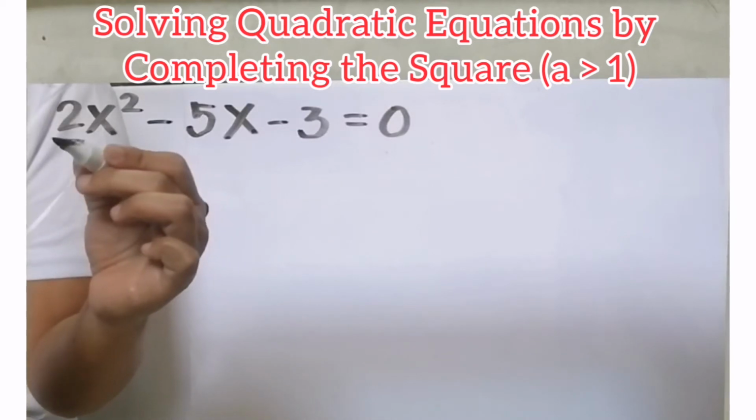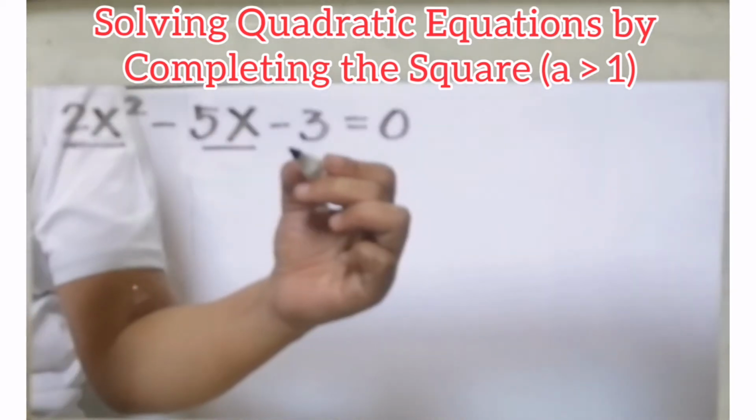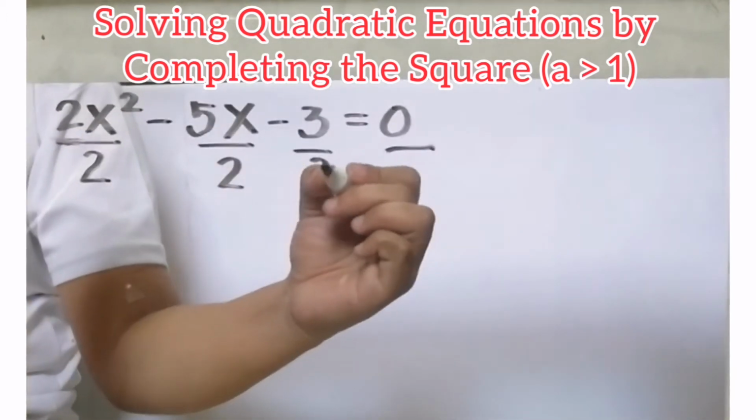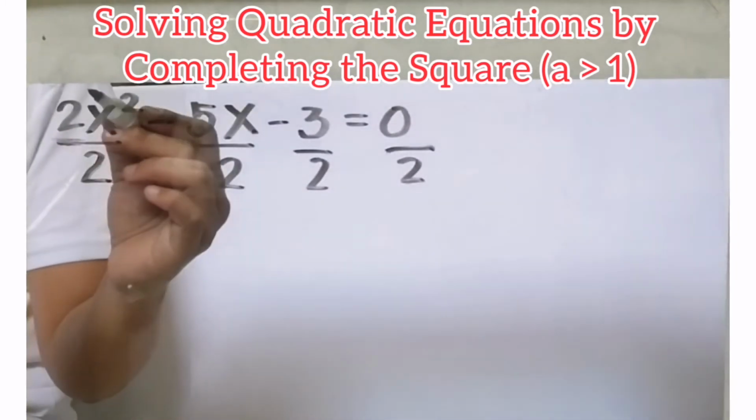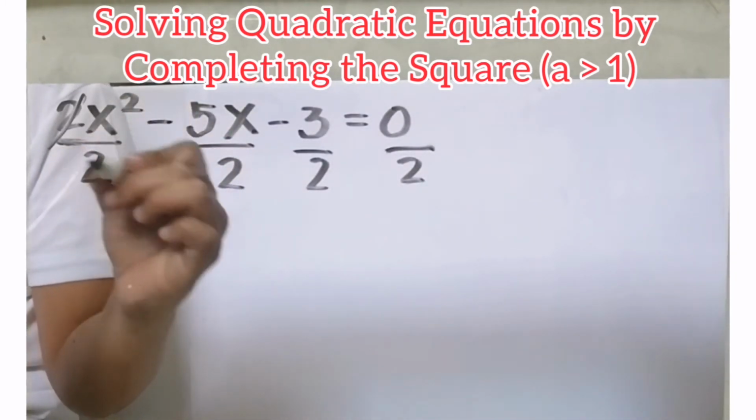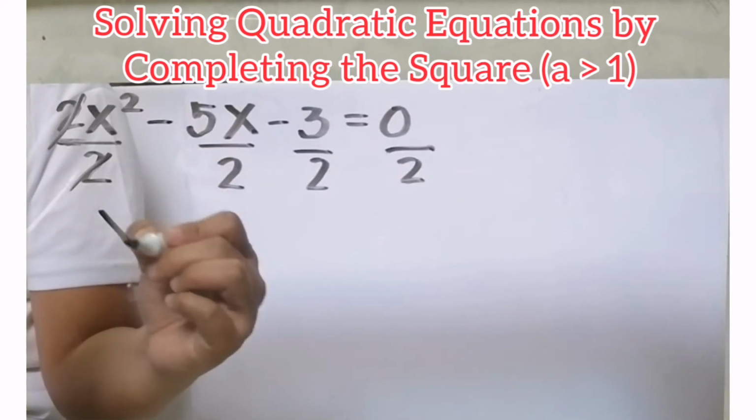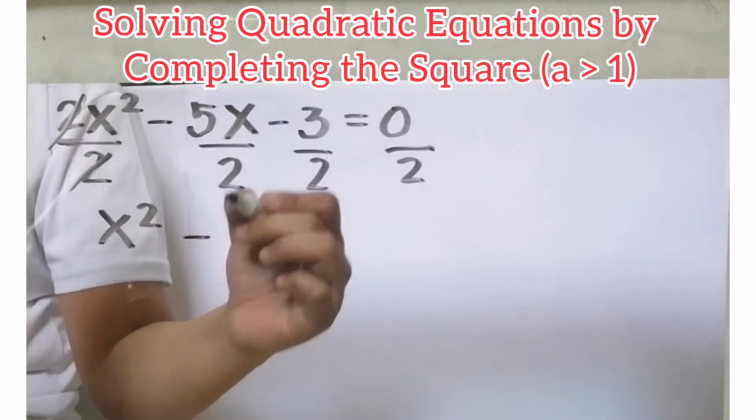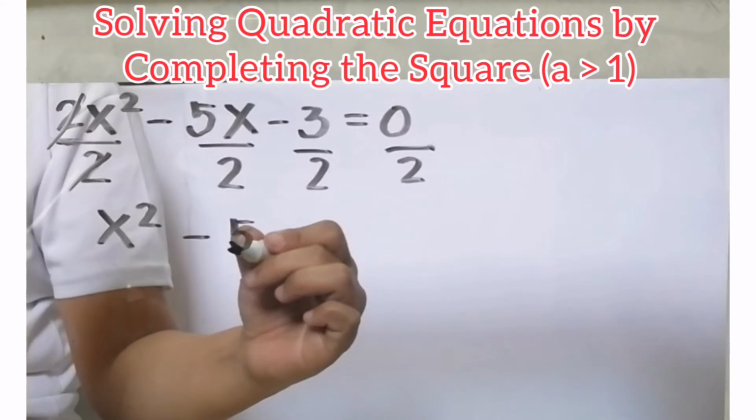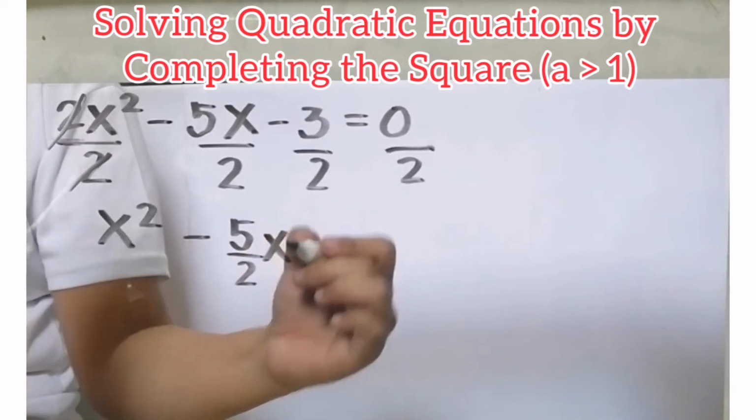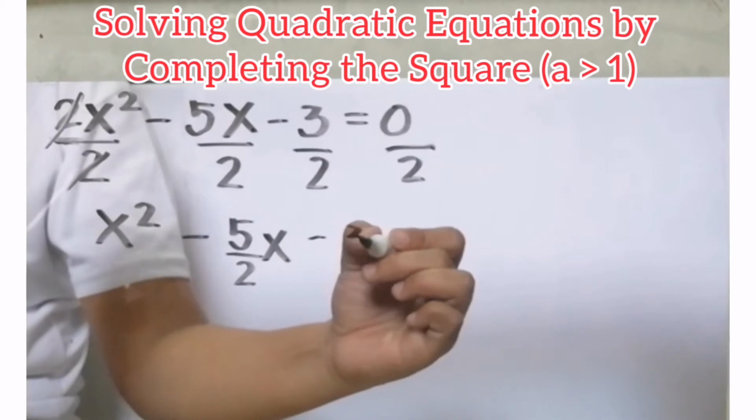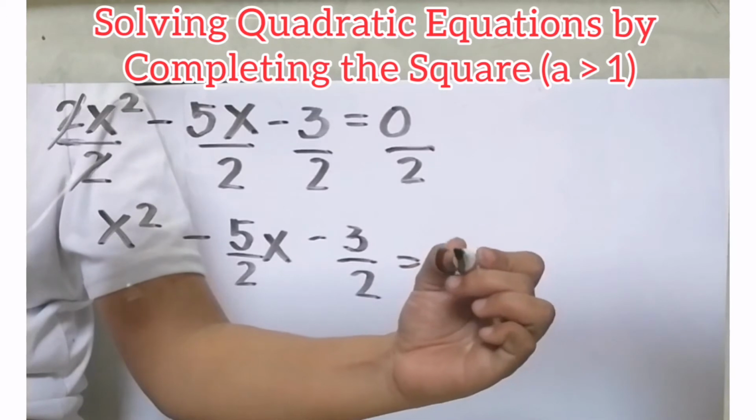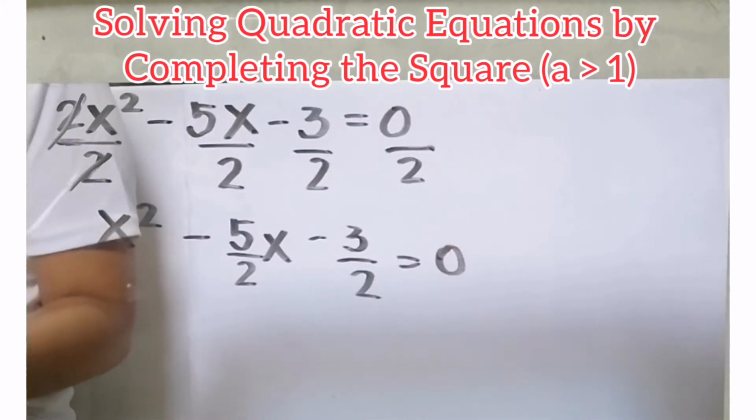So, ang unang process natin, divide everything by 2. So, divide natin 2, 2, 2, and 2. So, 2x squared divided by 2, syempre makakancel ng 2 because that is equal to 1. Meron na tayong natitirang x squared minus 5 halves x minus 3 halves equals 0 divided by 2 is 0. So, yan na ngayon yung bagong